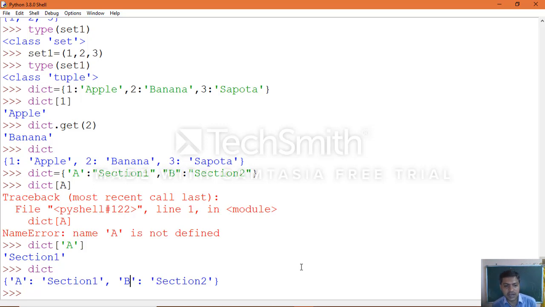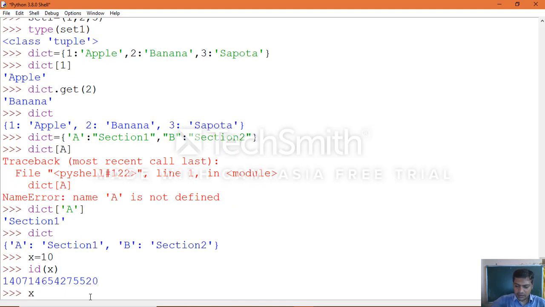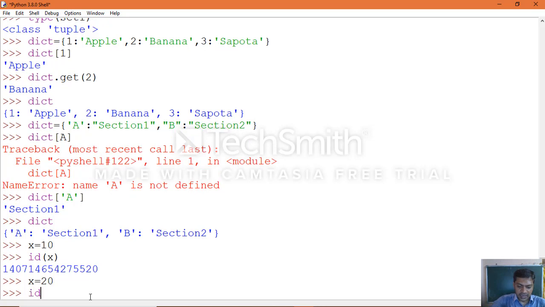When we proceed with the concept, we can work with more examples of how to make use of them. Now I want to show the general variables which we define. Let's see the difference here. Same way, x equal to 20, then check the ID, the memory address.